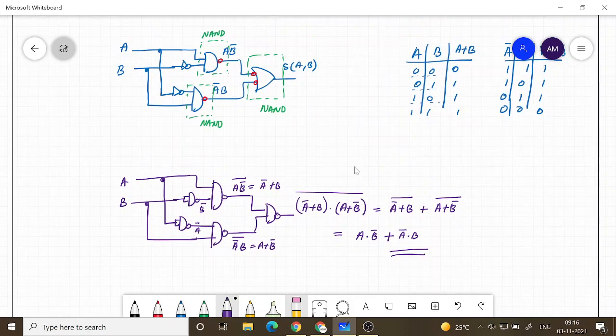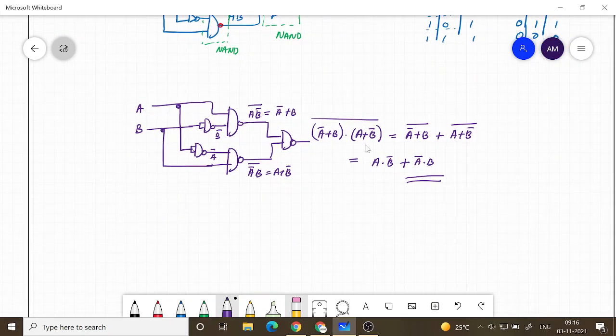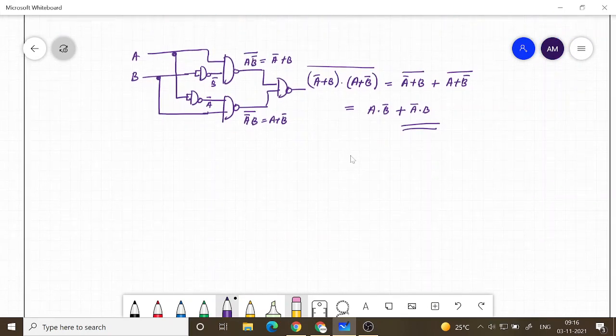Okay. Now implement the same function using only NOR gate. How we can do that?